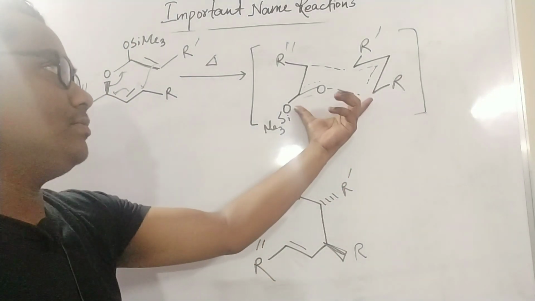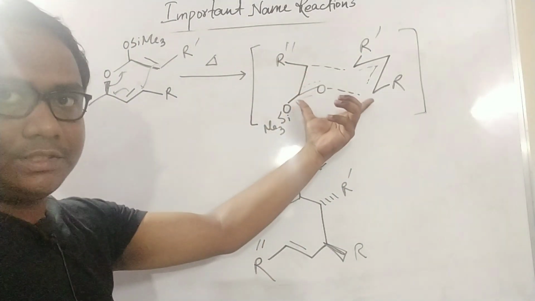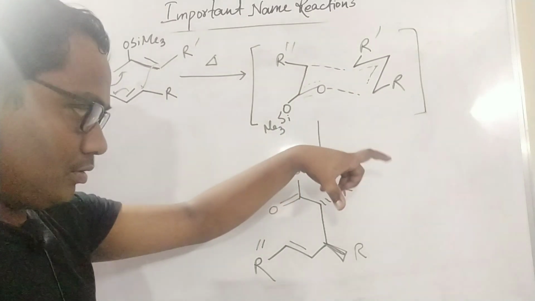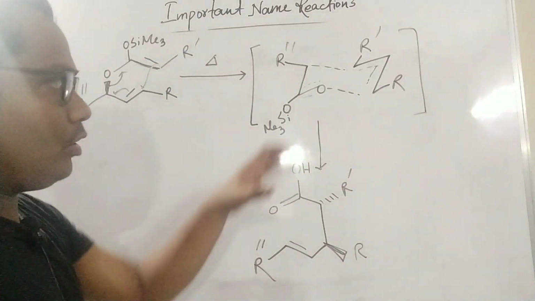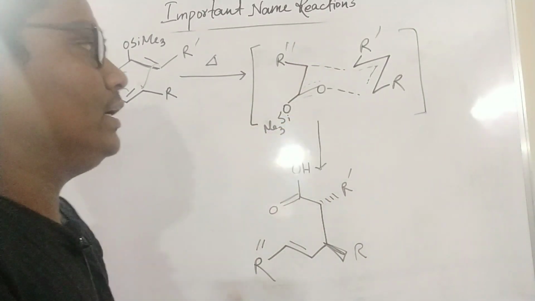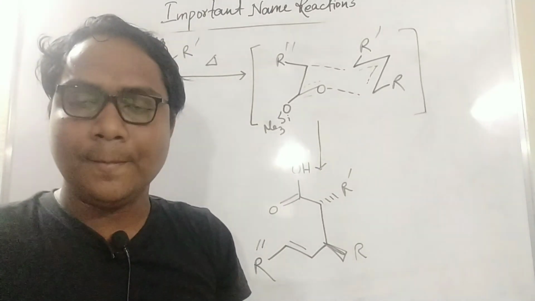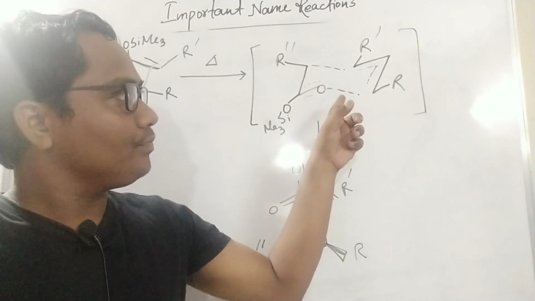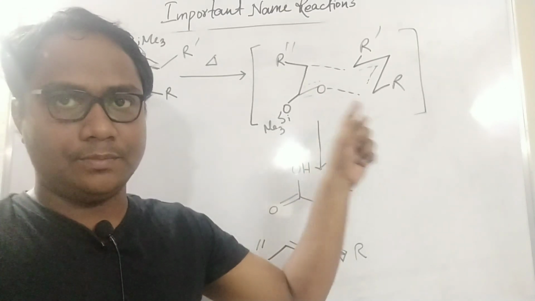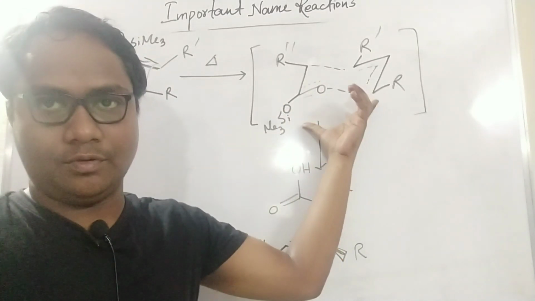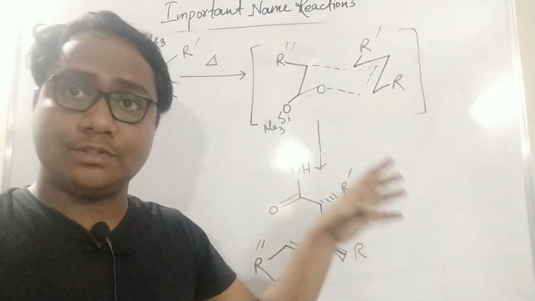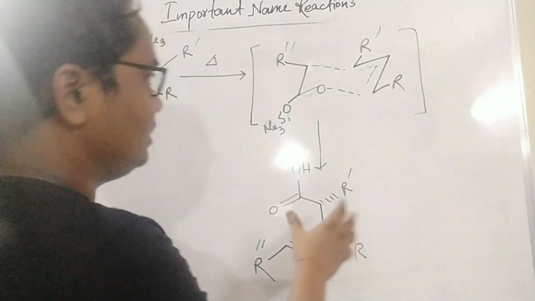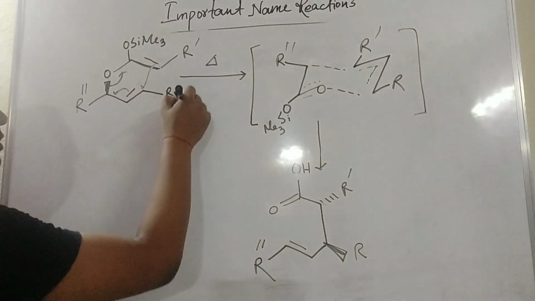This type of six-membered transition state is always responsible for the Claisen rearrangement. You always go through this type of cyclic transition state. In previous GATE exams some questions gave different forms, chair form and boat form. Only this chair form participates in the Claisen rearrangement. Here, both groups are trans.